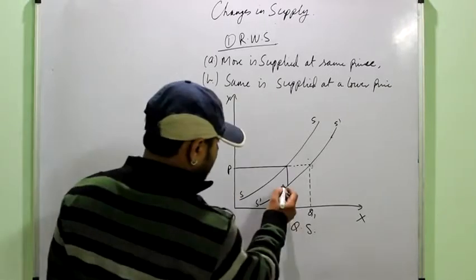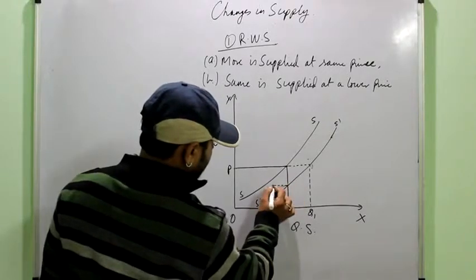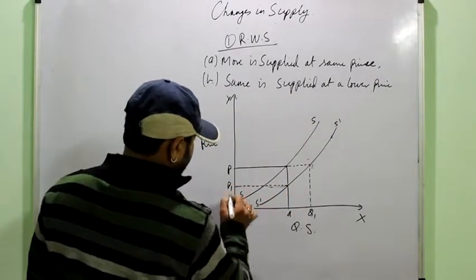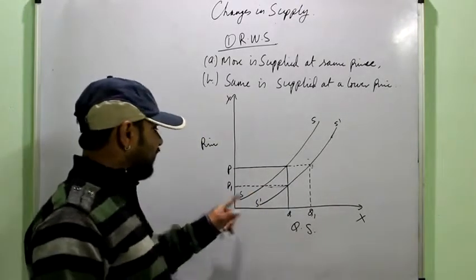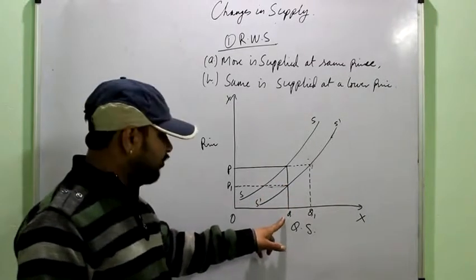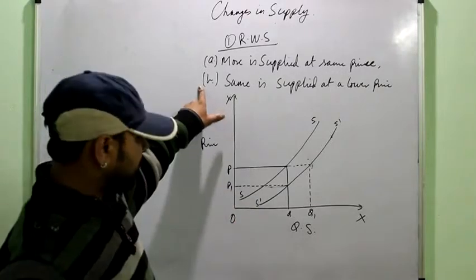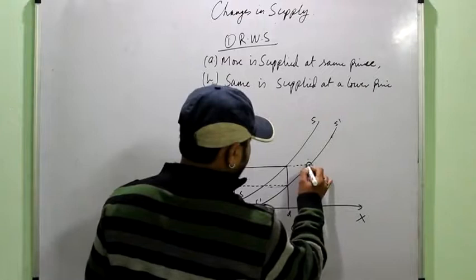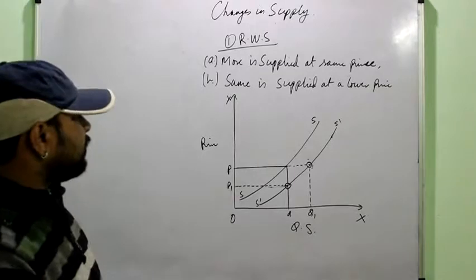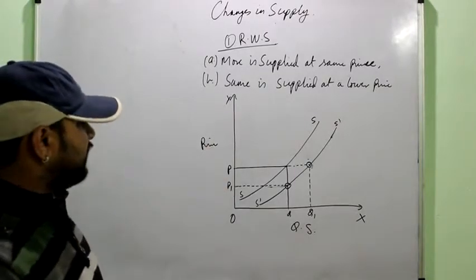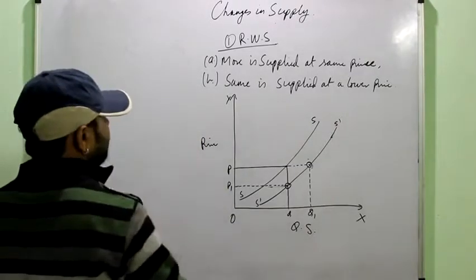Now the second situation, you will just mark from here. Okay, here we can see that the seller is ready to supply the OQ, that is the same amount of quantity of the commodity even when the price is falling. So this shows the second condition. Right? This is the first condition and this is the second condition, which is being depicted by the diagram. Whenever you are asked this, you will explain it like this. Diagram is this one which you have to draw. And now we have a look at the causes.